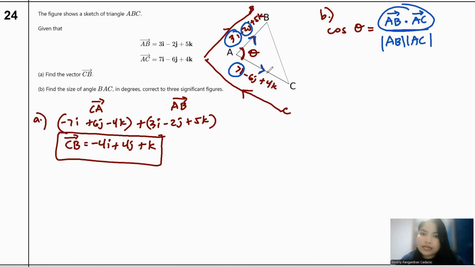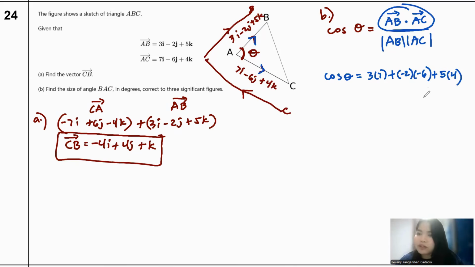That will be the dot product. So what I'm going to do is something like this. It will come 3 times 7. That's the dot product. Multiply, plus, add negative 2 multiply negative 6, take note of the symbol, and then plus 5 multiply by 4. And then when you put that, or you can just put it later on, |AB|, this symbol means magnitude, like